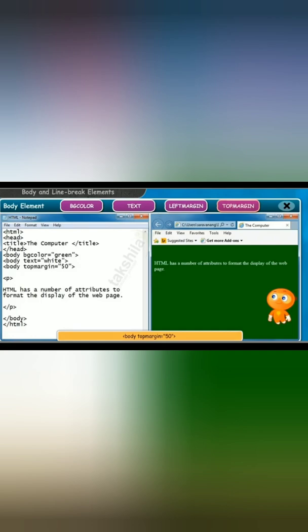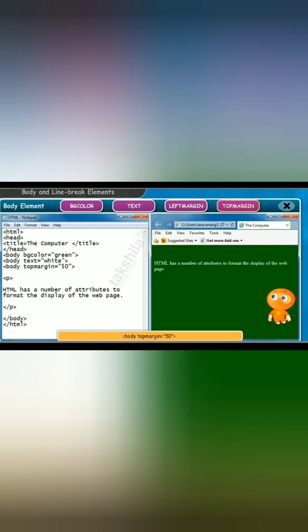If we want to change the background color of our document, we write the value, firstly bgcolor equal sign, and after that in double inverted commas you have to write the color code or color name. Same like if we want to change the text color, then we write text equal to the value of text, means which type of color we want in the text, for example white.